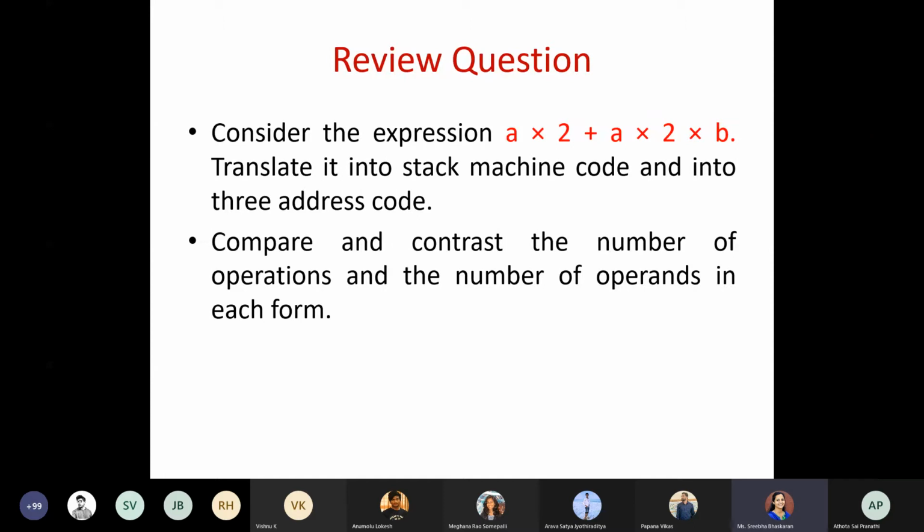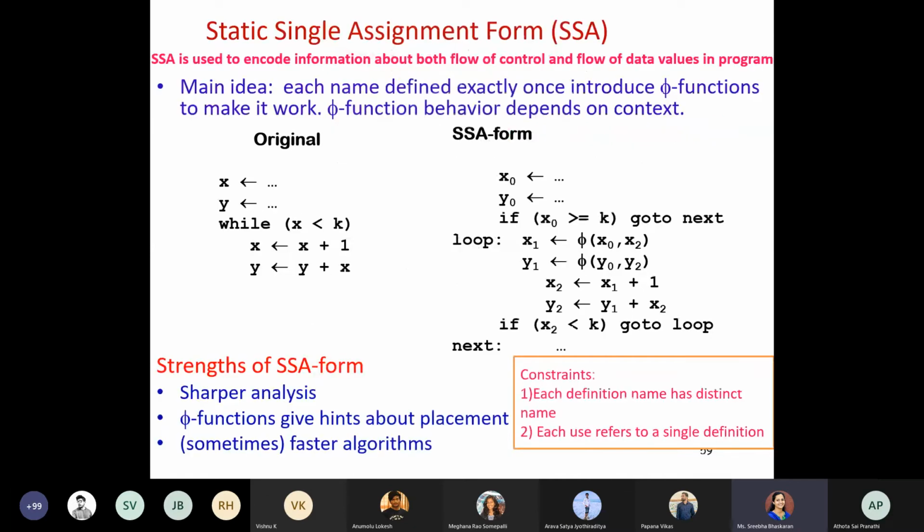The control flow graph, which we have already discussed, is a part of hybrid intermediate representation. So as continuation of hybrid intermediate representation, the second one which we had to discuss is the static single assignment form. Okay, in short, we can call this SSA.